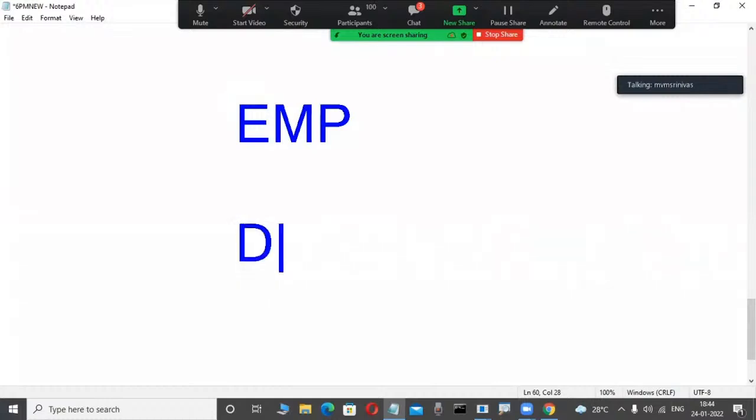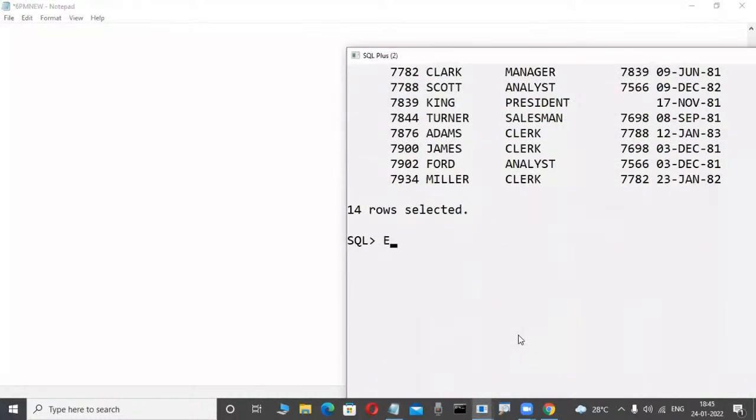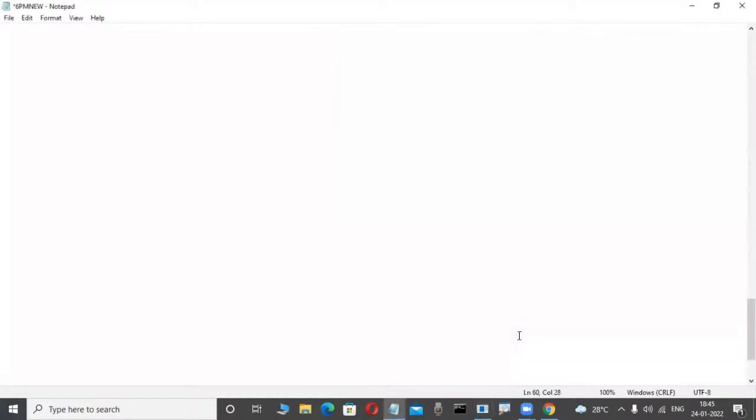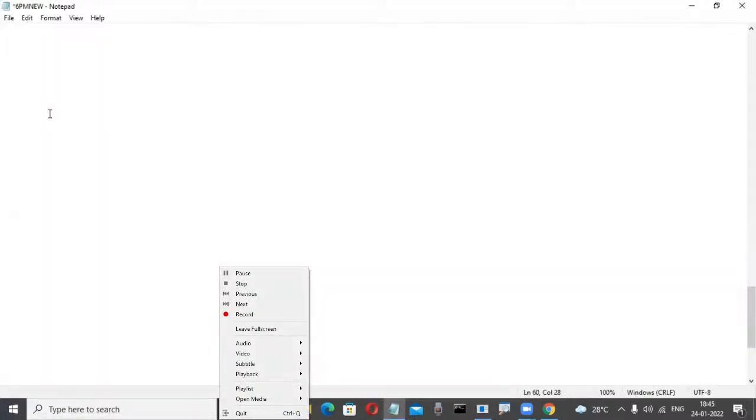Another table, Oracle Corporation is also providing for practice: the DEPT table, the department table. One is the EMP table, another one is the DEPT table. You will become familiar with these tables in the future. Okay, don't worry. You will become familiar with all these things, but first I am injecting them without any knowledge. Observe here, I try to inject. Now check it out. Concentrate here. Two tables are there. One is the EMP table, another